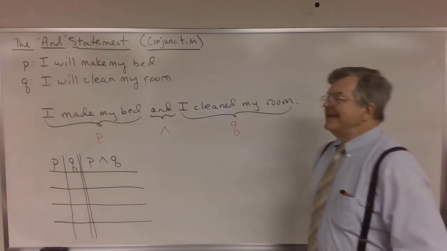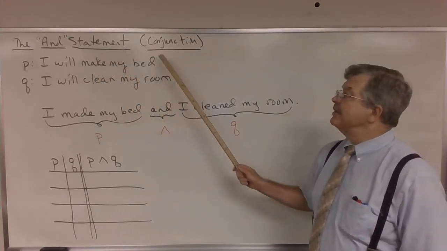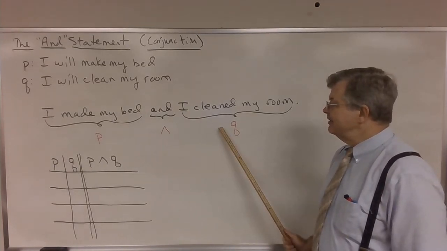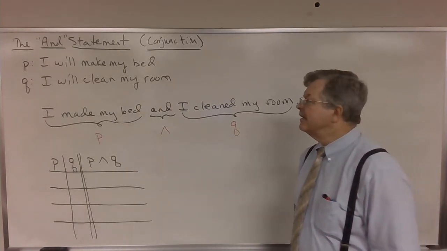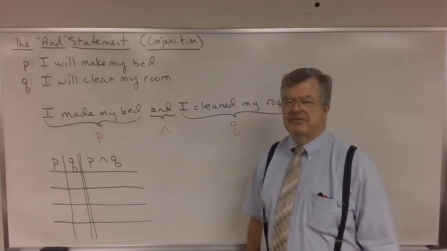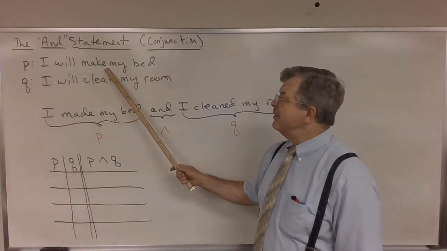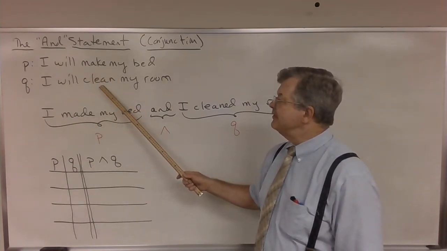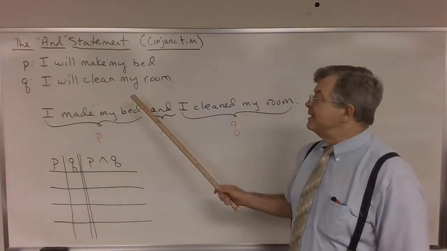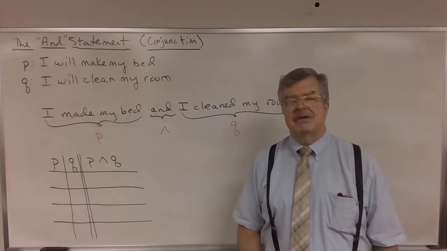We'll tackle the and statement first. The and statement or the conjunction. P and Q. And the assumption is that they're both true. Let P be the statement, I will make my bed, and Q be the statement, I will clean my room. And we've said both of these things. We've said, I will make my bed and I will clean my room